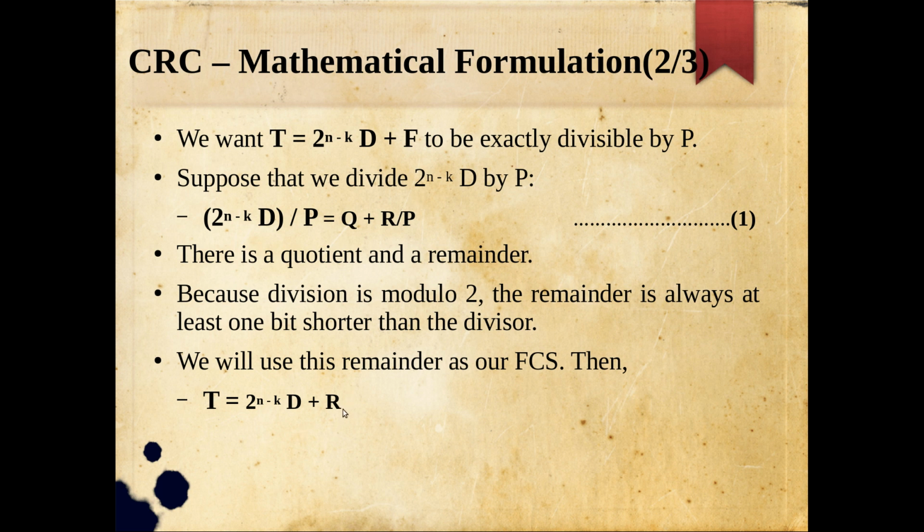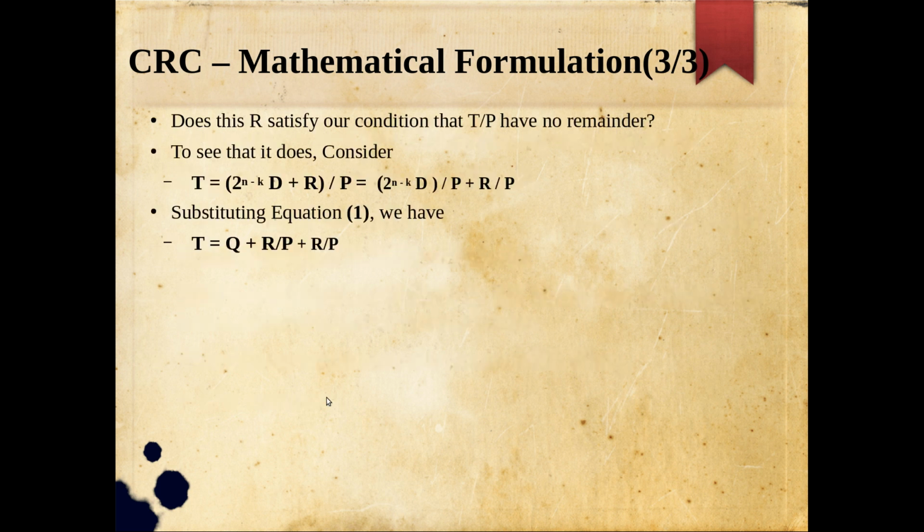That is the observation you have to make: the same p is coming when you are dividing this t by p. This one divided by p and this one divided by p. This r by p is exactly equal to this r by p, because it is the same remainder. We assumed that there is no error then. So this part is nothing but q plus r by p, and again this r by p, and you see that both of them are the same.